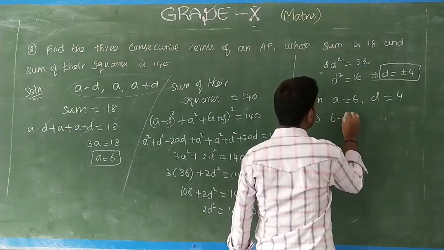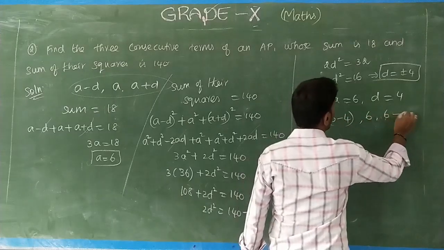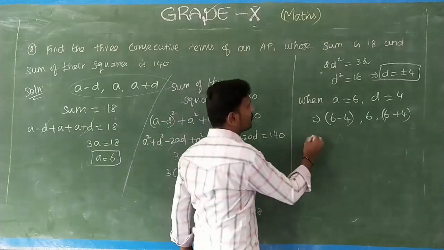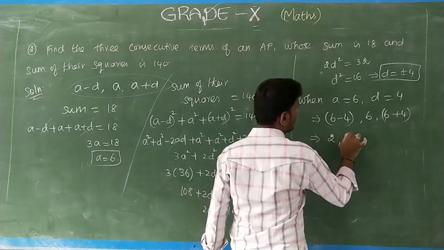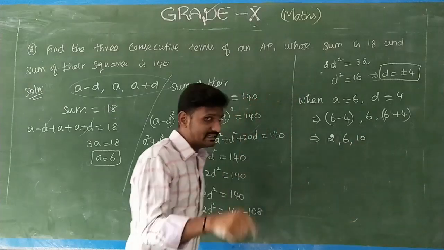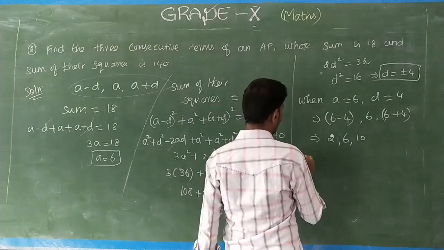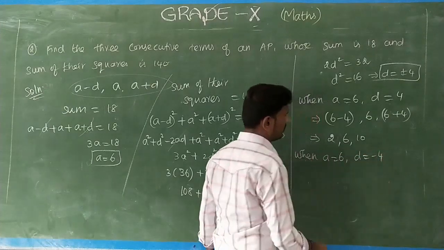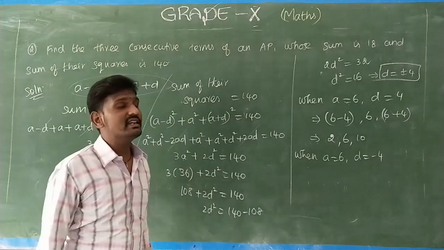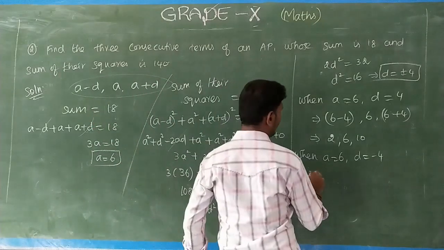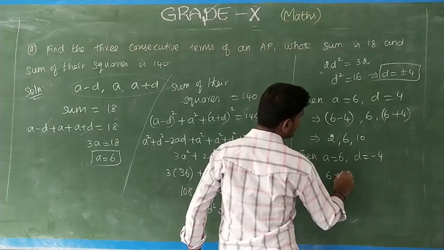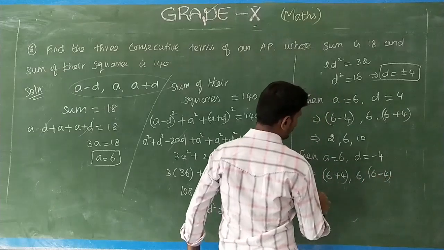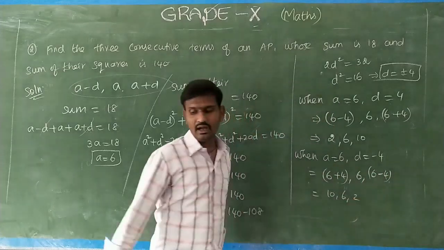So a minus b means 6 minus 4 comma 6 plus 4. Tell me, what do we get? 6 minus 4 is 2 comma 10. So like that. Next, taking a equal to 6 and b equal to minus 4, substitute this to get the answer reversed like that. See, a minus b: 6 minus minus 4 comma 6 minus 4, to get 10 comma 2.